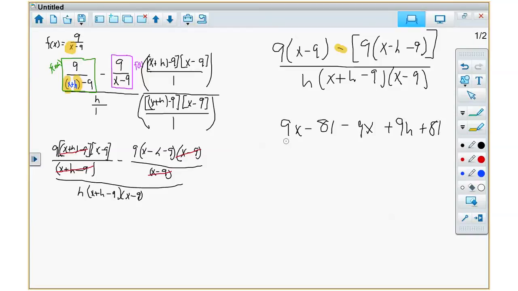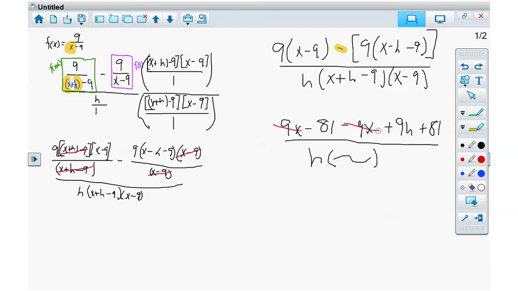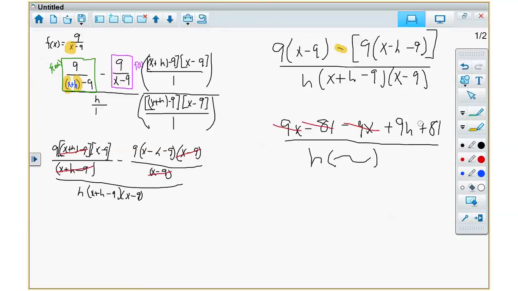And I'm just going to put h times, and I'm going to put a squiggle line. That means all of this stuff. Okay? That's a squiggle. And because the most important is what's going to happen up here. Your 9x's are going to cancel. Your 81s are going to cancel. Look at there, 9h, and that h cancels with what? That h right there. So we're left with 9